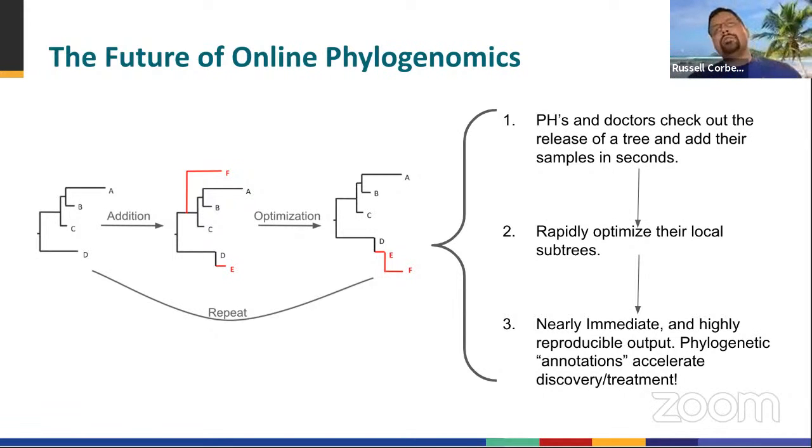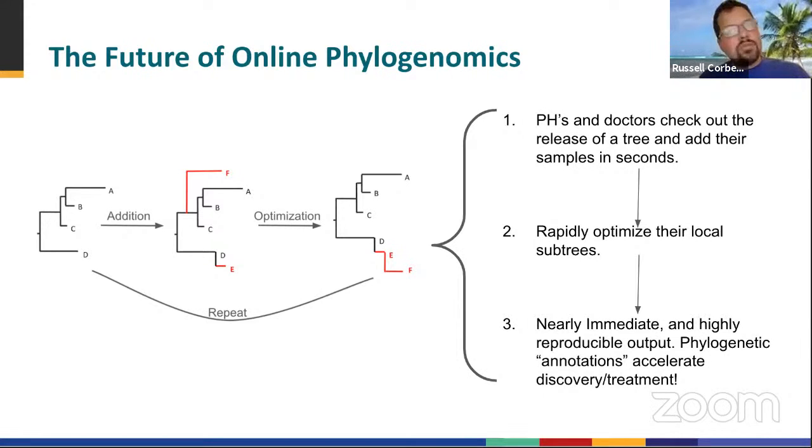So once they add all their samples, you'll be able to optimize your local subtrees on the fly as well. And what you should get out of this is a nearly immediate and highly reproducible output, right? So in other words, I would like to get something that is extremely fast so the doctor or public health officer can make intelligent decisions, but also you would like to get out